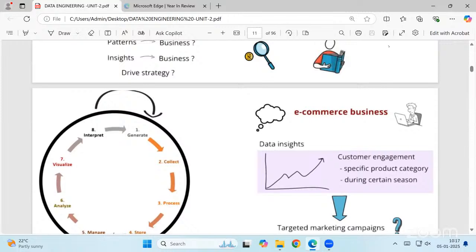Now let's say your college management wants to take decisions about what activities we need to conduct year after year. Then they'll have a visualization representation on different parameters, and they will take decisions: what are the activities, how many days we need to conduct, what type of activities we need to conduct,